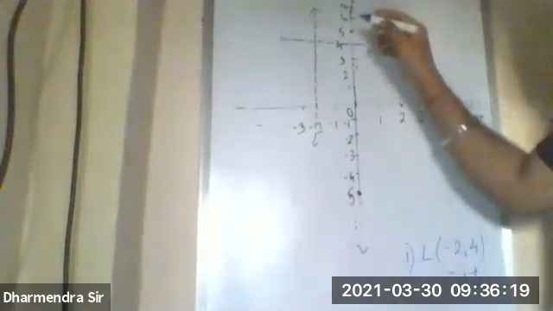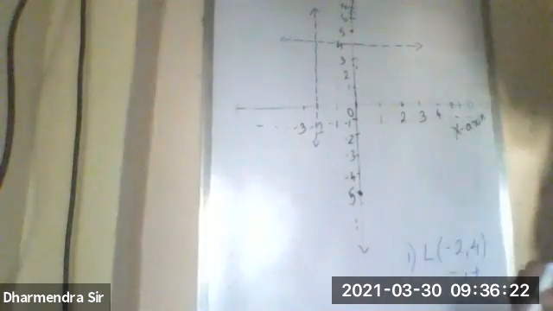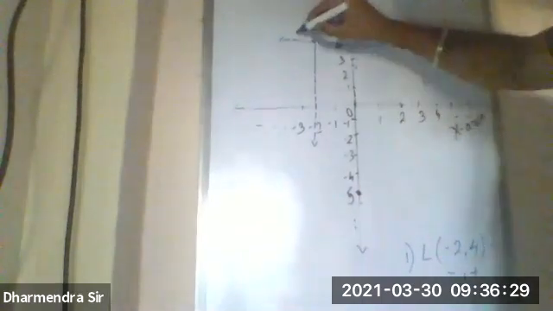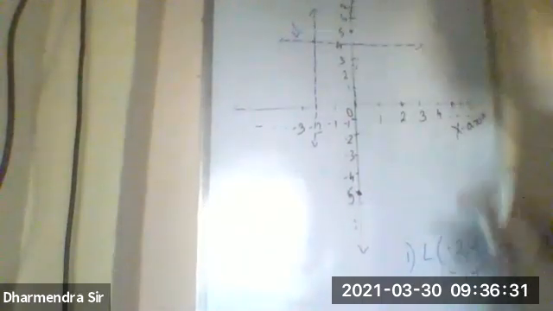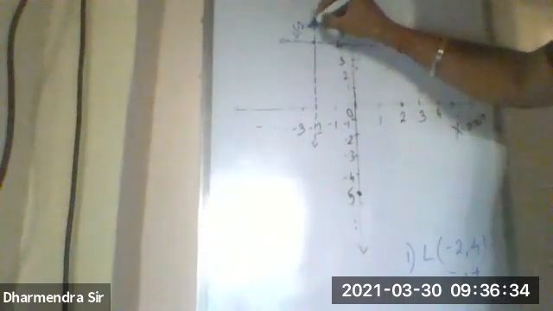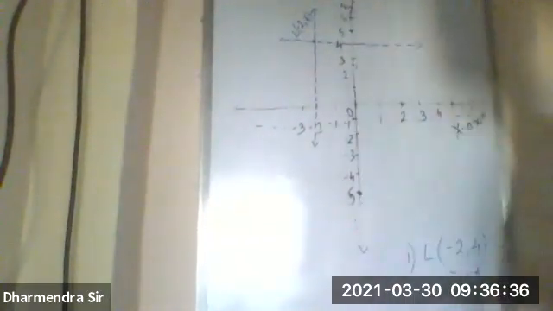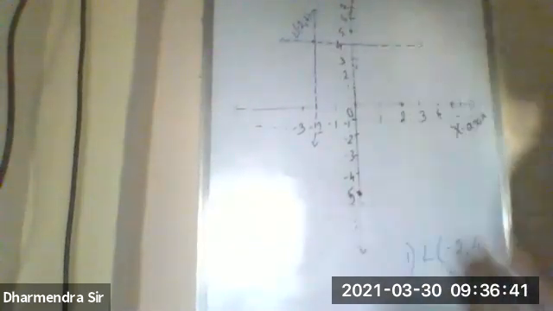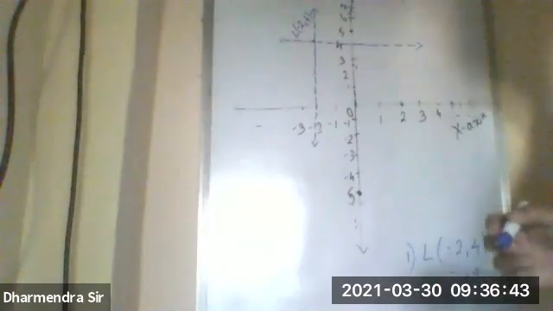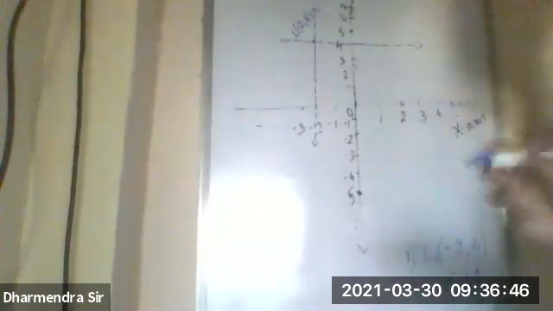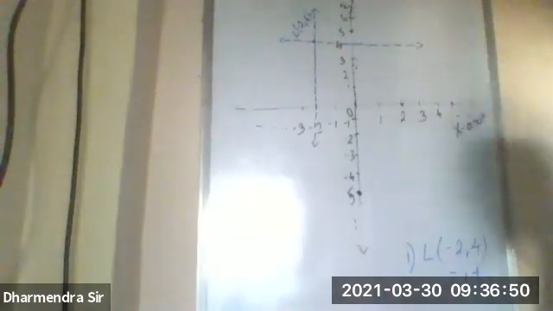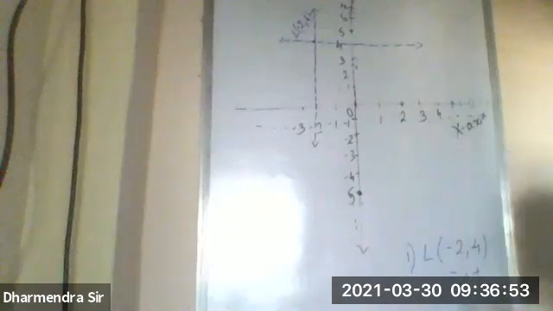Okay. Now, as we can see the point of intersection, where is it? Yeah, exactly at this point. So this is the point L with its coordinate as (-2, 4), representing -2 from x and 4 from y. Okay, this is the exact location. Let's move to the next location, that is (5, 6).